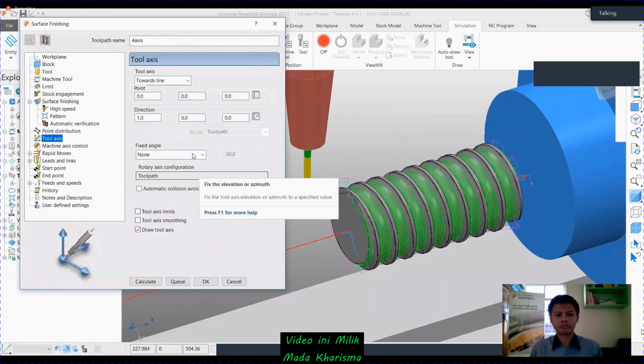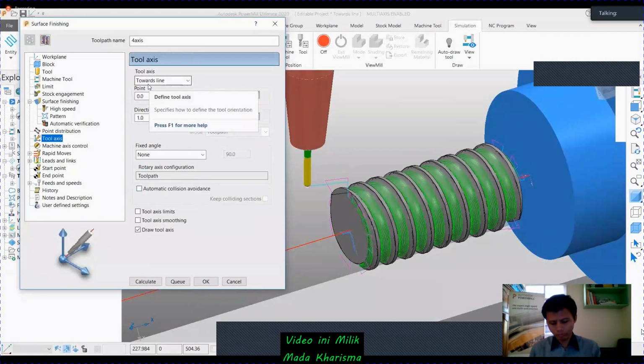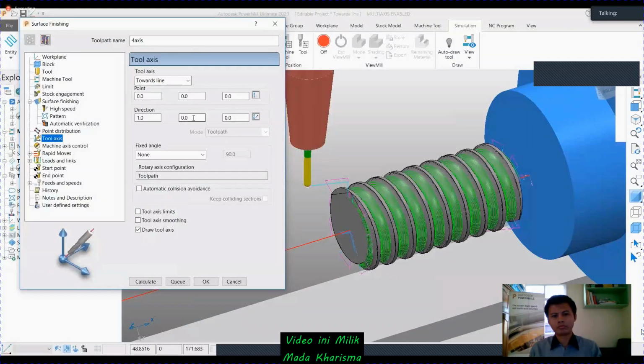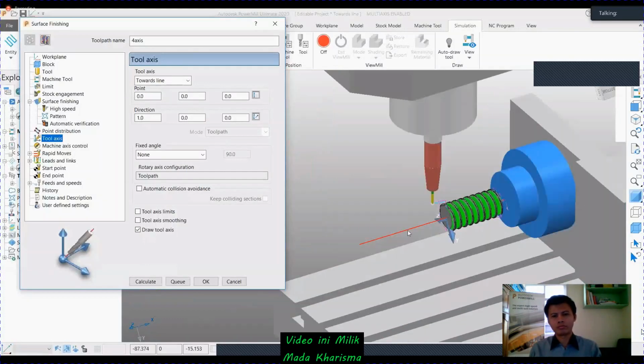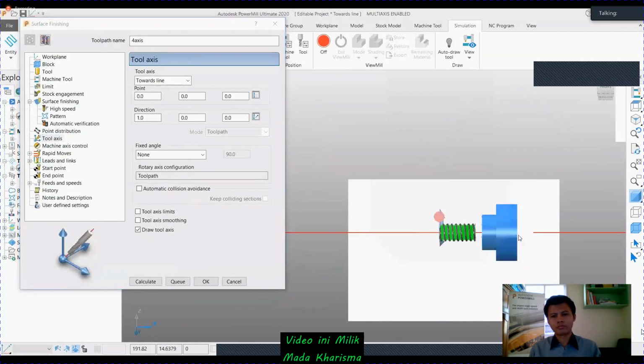My point is 0, 0, 0 because it is lying at the center of the cylindrical axis. At the same time, the direction is X is 1, that means I is 1, J is 0 and K is 0. That means it is parallel to your x-axis. Your tool axis is parallel to the x-axis, that's why I put 1, 0, 0.